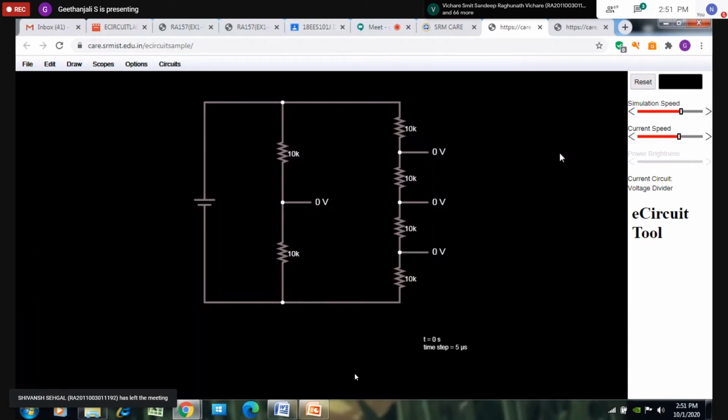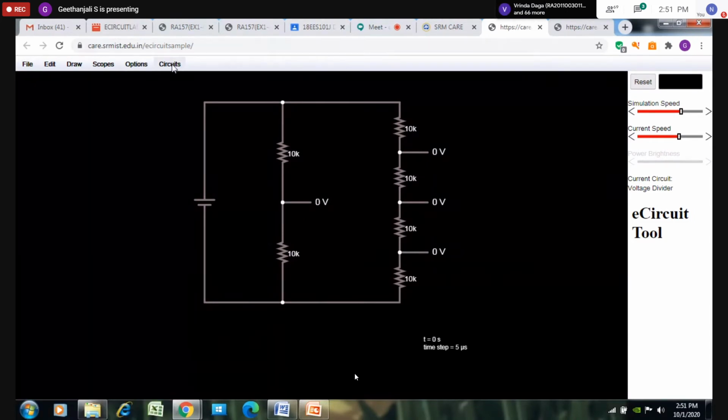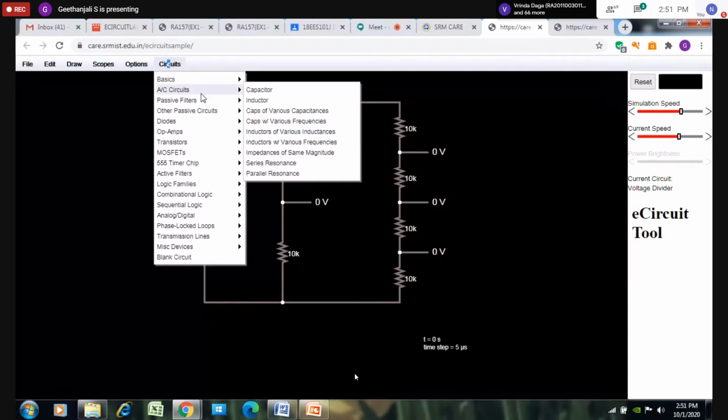Right, what is the first step? You have to go to the circuits. You have to click on new workspace. So this is the new workspace, right? So for example, to explain how the circuit is working, I'm going to take one simple circuit, right? One voltage source and two resistors, right? One voltage source and two resistors I am going to take. I am going to simulate the circuit. I am going to get the output.